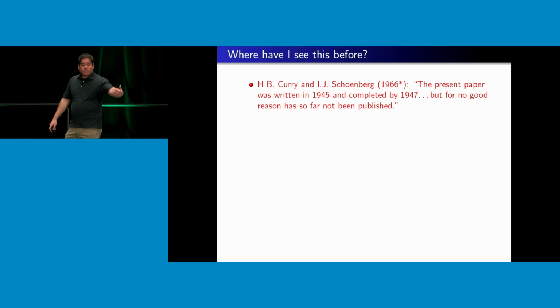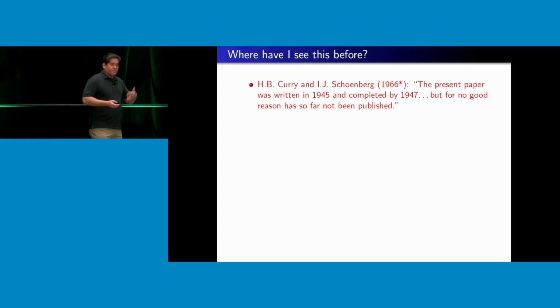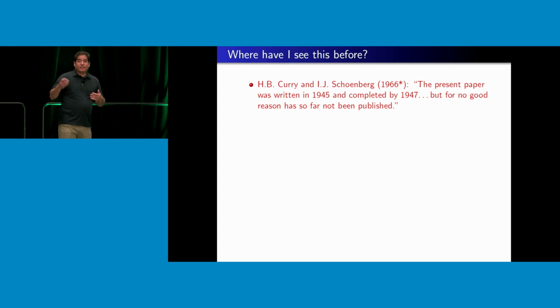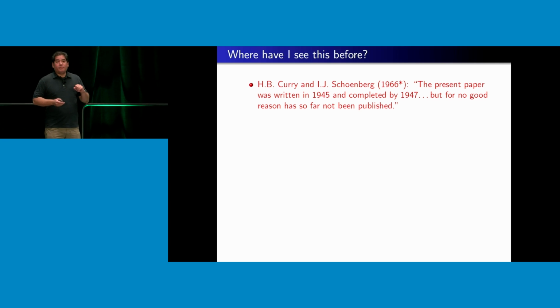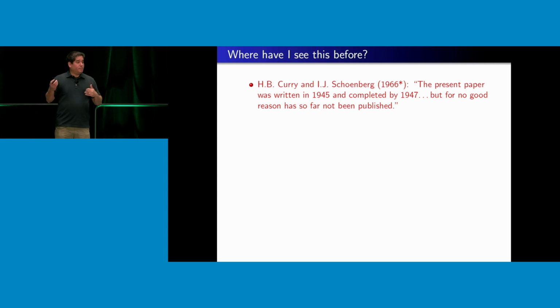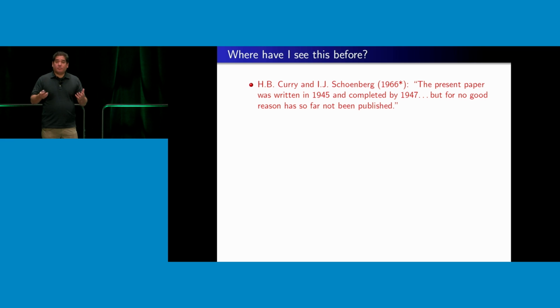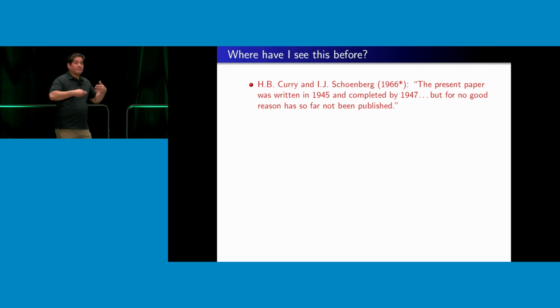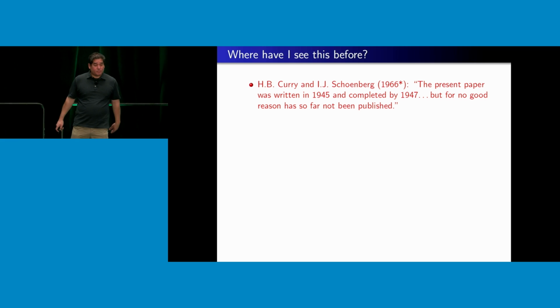And so in Curry-Schoenberg's paper where they study B-splines, they have a couple of interesting things. The paper is from '66, but they say, well, we actually wrote it in '46 and finished it in '47 for no good reason. An interesting thing, I think back in the mid-40s, computing was in its infancy, so they were studying this problem in interpolation theory and functional analysis, and in the 60s, you actually do have computers and you could do that stuff, so I think maybe they recognized that this stuff is actually really useful for a lot of purposes.